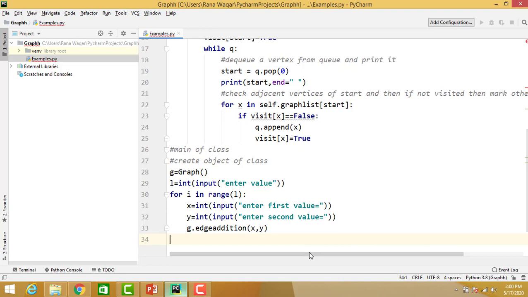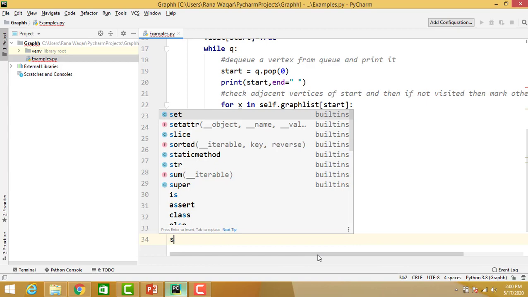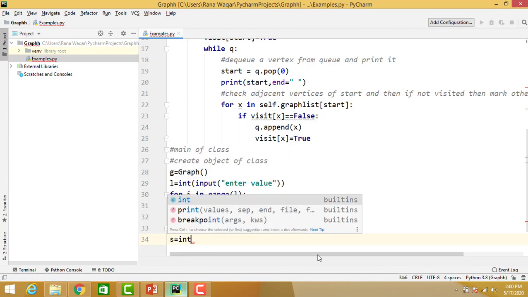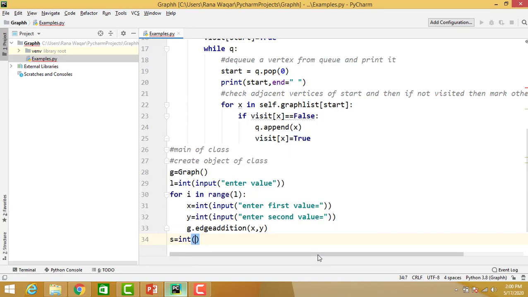If you want to get a start node from the user, then you can write s equal to int input, enter a start value, where BFS starts to traverse the nodes.